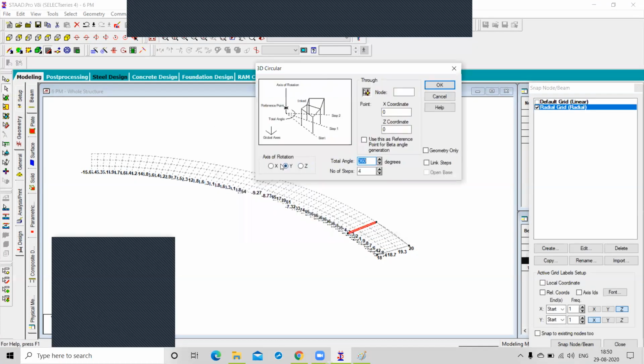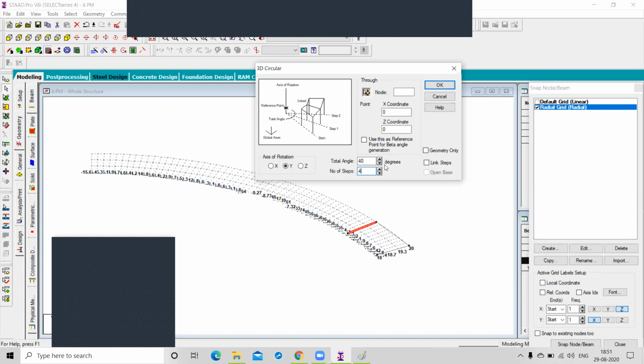So which axis of rotation will you choose? This is your XZ plane, right? So the axis of rotation is Y. So you can choose Y and give the total angle as 40, and the number of steps as 4. The distance between the two members is 10 degree, right?